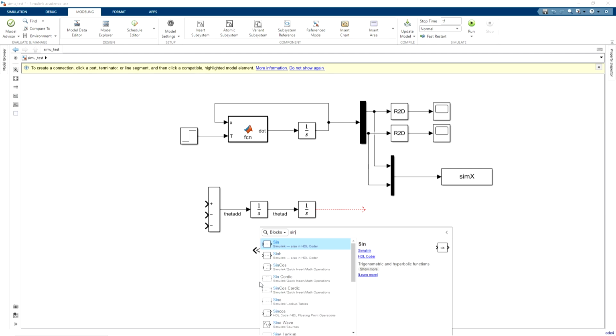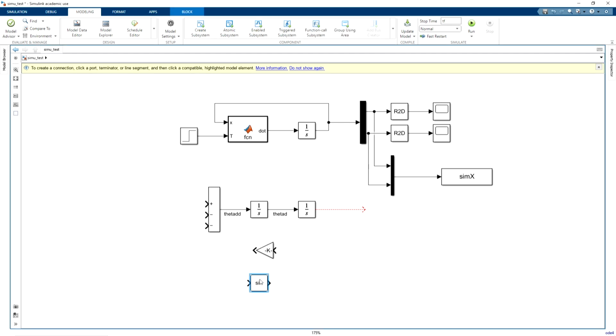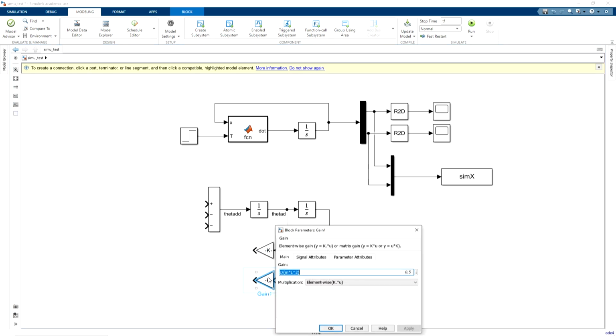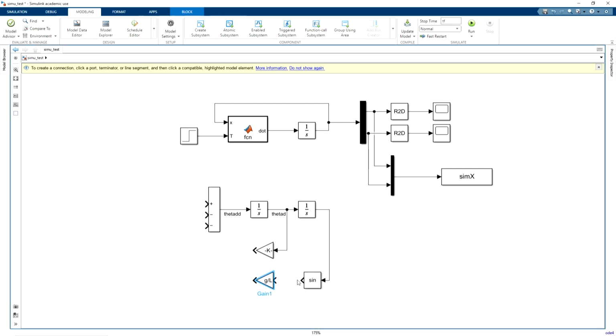And then sine of theta, control I, sorry, G by L, this goes here and this goes here.